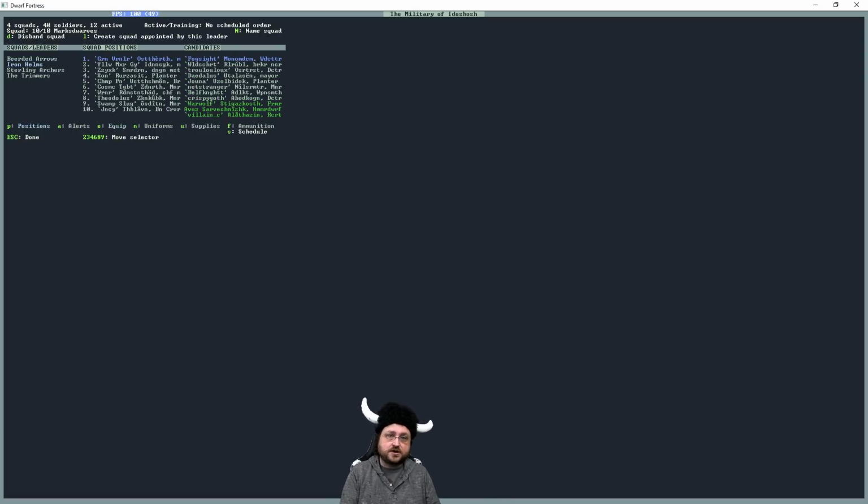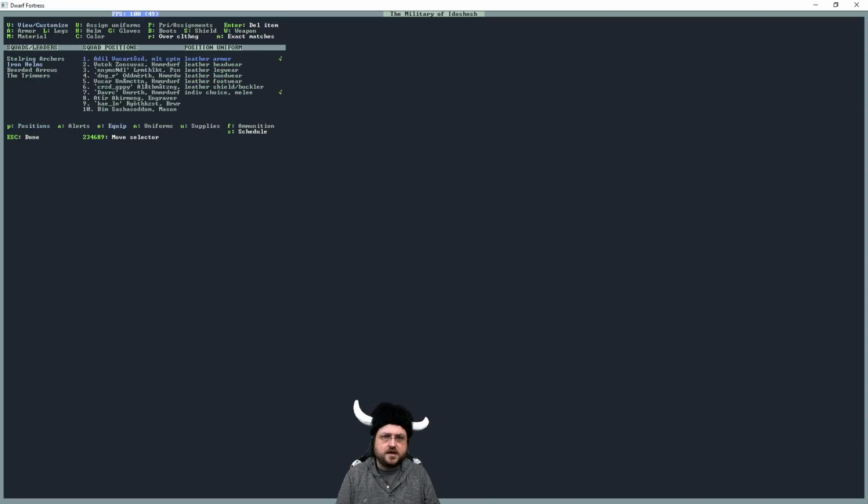So the Iron Helms are going to become the Sterling Archers, and the previous Sterling Archers are going to become the Iron Helms. Now, the bearded arrows are correctly ranged, and the trimmers are correctly melee. Okay, good. So these Sterling Archers, they should all have ranged weapons, and they do, because we did go on